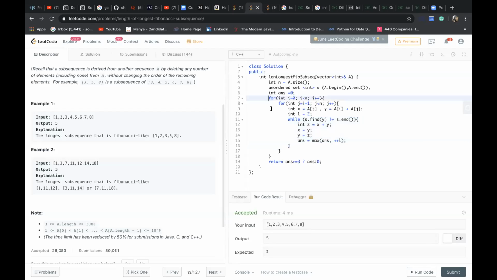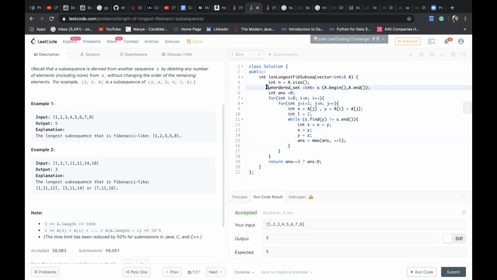So I think we are using this loop, which is n square, and this searching takes log m time, where m is the maximum element in the array.